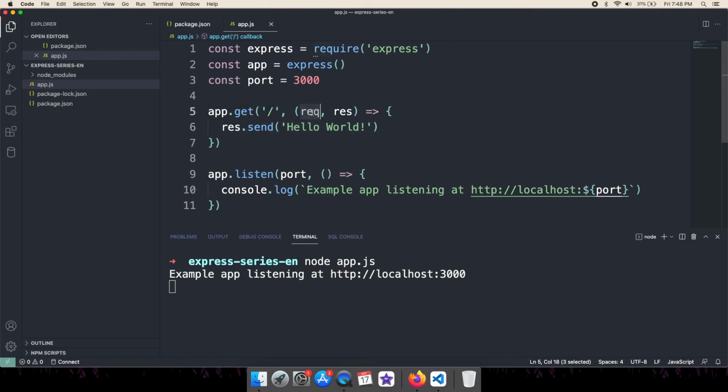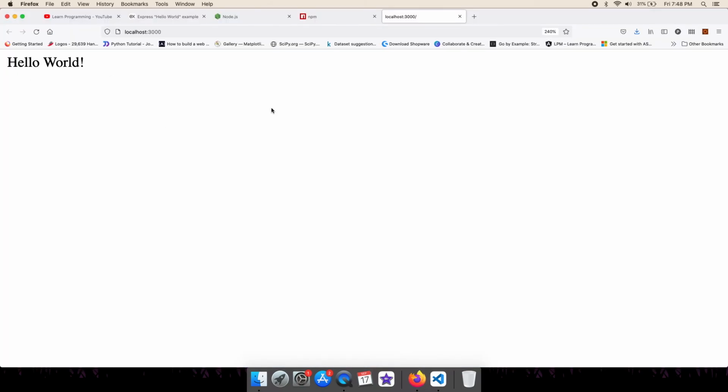And here you can see two parameters, one is the request object and one is the response object. At present we are not using the request object, and we are using the response object to send a plain text message to the browser. So once we open the home root, you will get hello world as the output. That's how this basic app has worked.